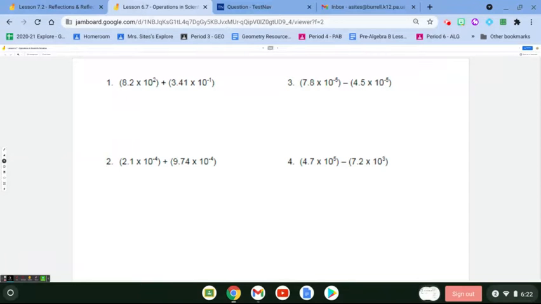So if you take a look right now at the first question, we have 8.2 times 10 to the second power. I'm only going to show you one problem from each, and then you can check your answers to make sure that you're doing this correctly for each section, just so you know what the game plan is. If we have 8.2 times 10 to the second, we know we're going to be moving our decimal point 2 places. So this is really 820, and we're going to be adding to that